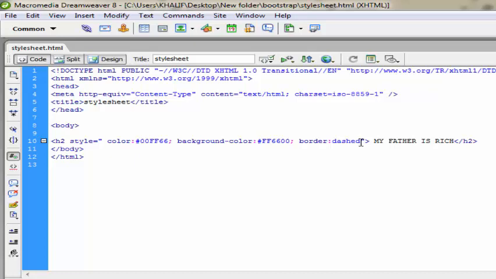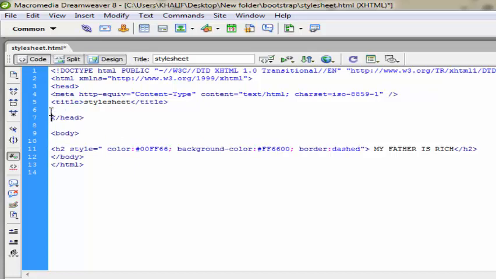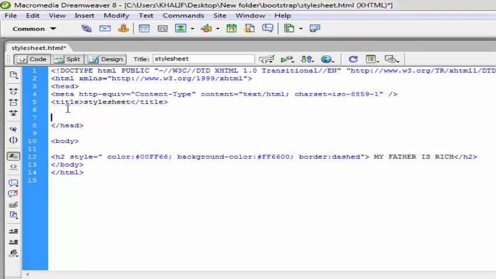Now the word embedded there means that the style will be embedded into the HTML document, into this particular HTML document. You wouldn't need to create another document outside this particular document. Now let me give us a practical example of that. Now we need to open a style tag inside the head of our HTML document. You can see it here. Let's open the style.